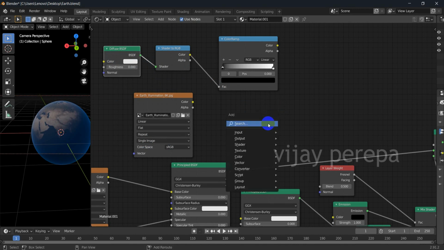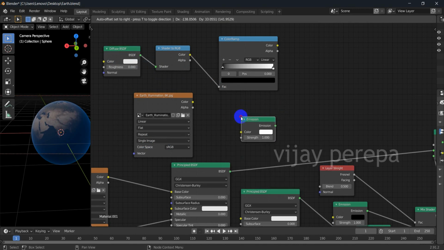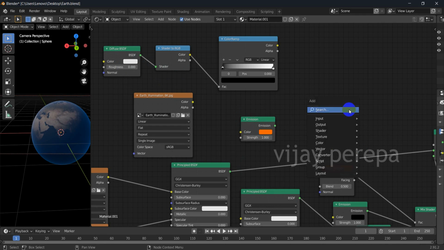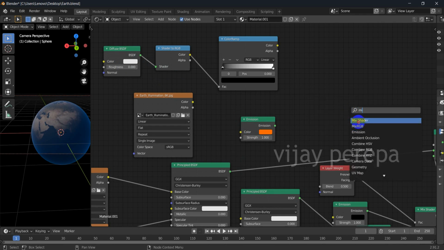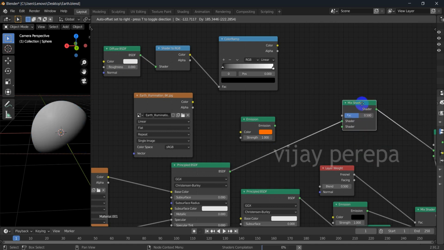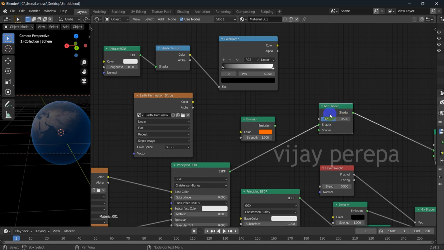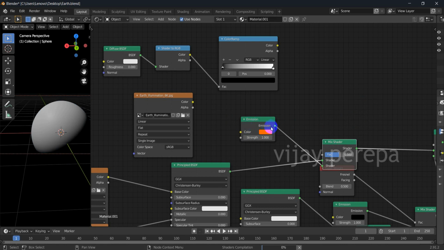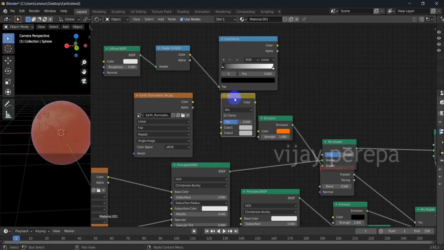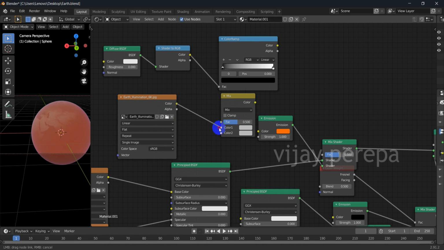Now I need to add one emission. That emission color will be maybe glowing orange, and then one mix shader which will be connected here. So now this emission will be connected here, and then I need to add one more node, that is mix RGB, and mix RGB will be connected with the image texture.